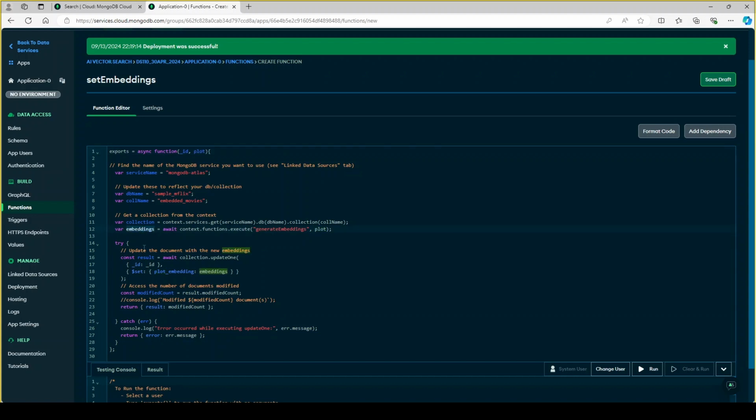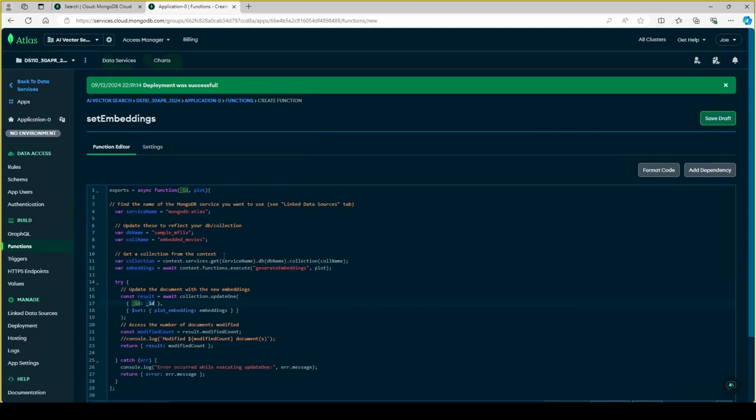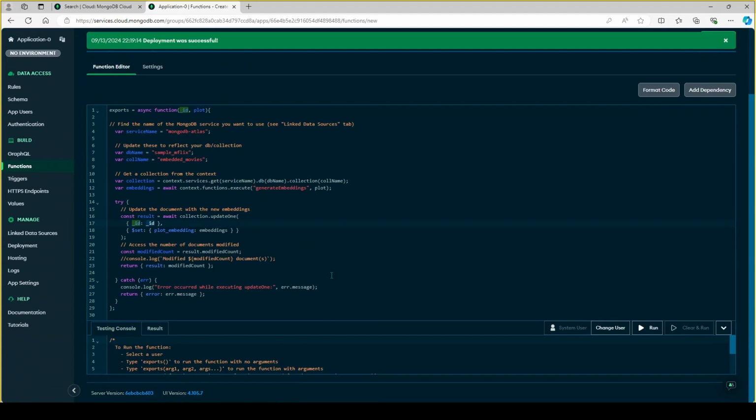Once we've got our embeddings, we are going to update the document. Which document? The document with the ID that was passed in. So we set the plot embeddings, and if there's any error, we display it, and obviously we return a message to tell us if there was a modification. So that is the function